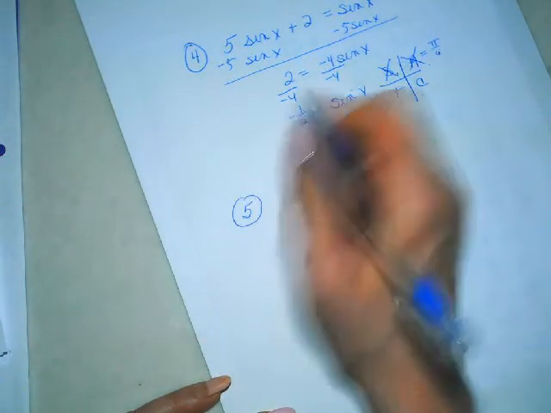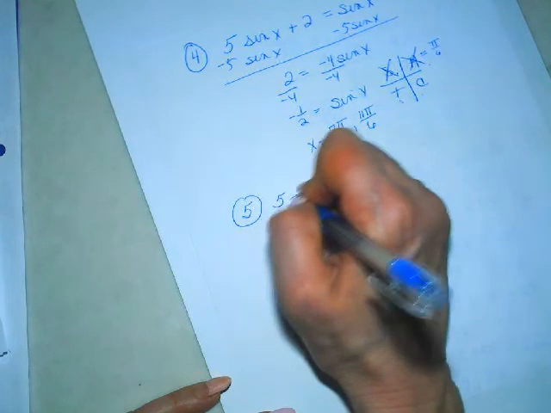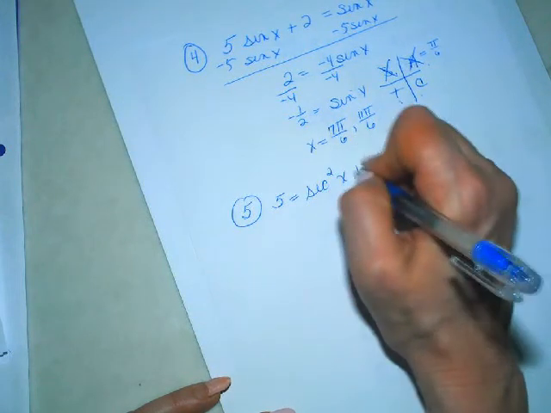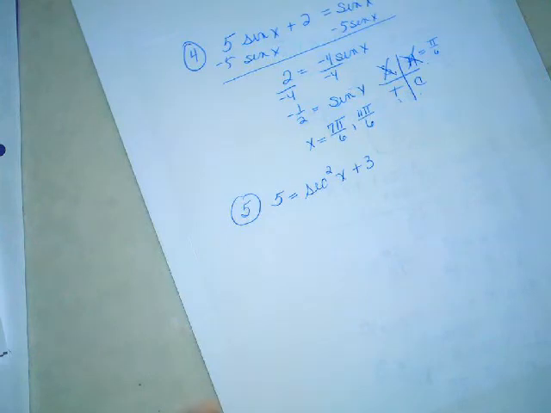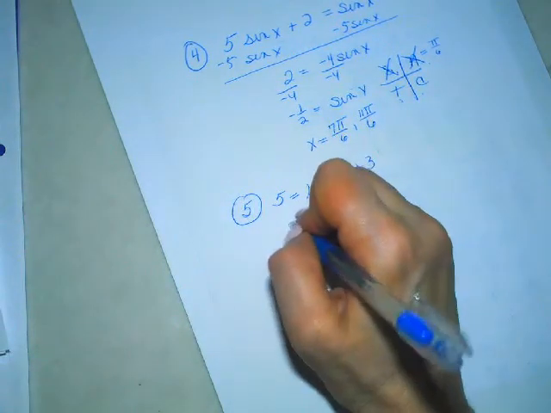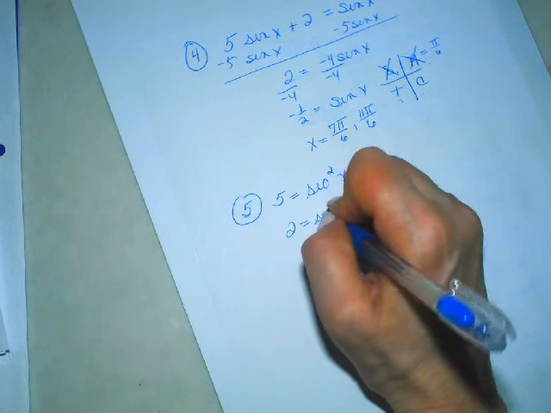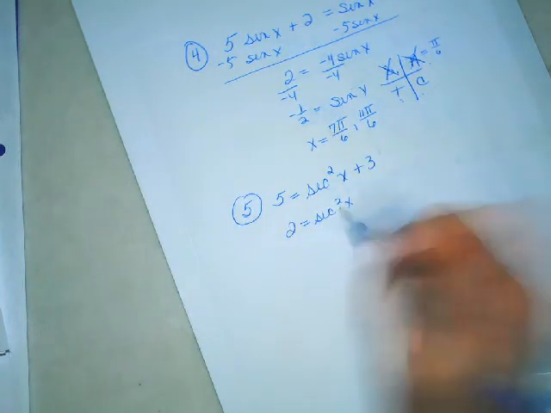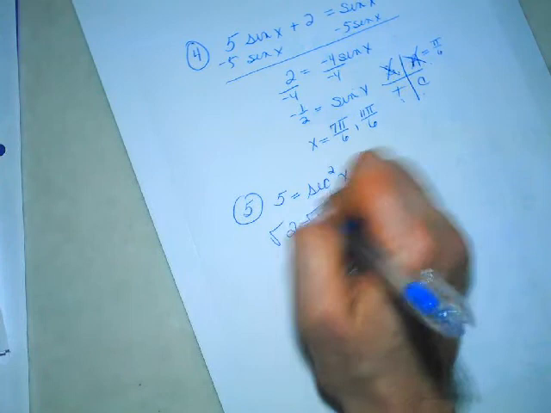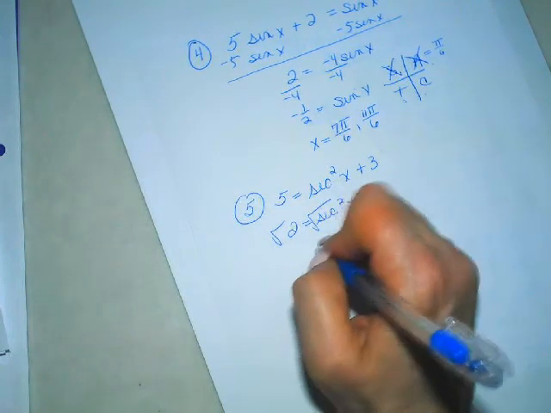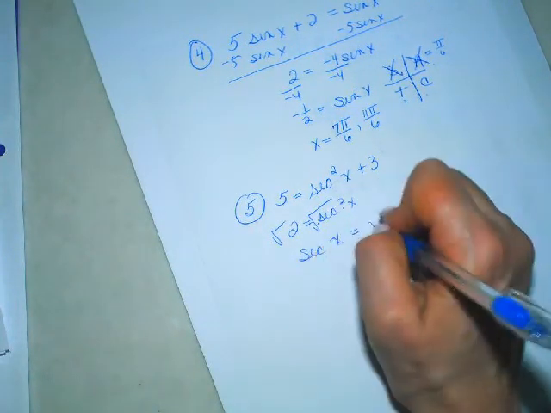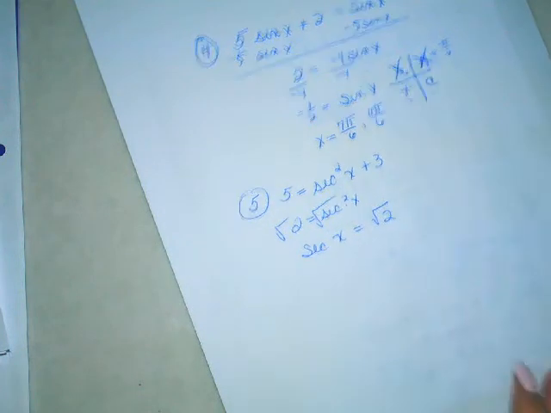Let's go to number 5. 5 is equal to secant squared of x plus 3. Okay, this one was a little tricky. I'll subtract 3 from both sides, and I'll get 2 is equal to the secant squared of x. I need to get rid of the square, so I'll square root both sides. So I'm going to be left with secant x equals the square root of